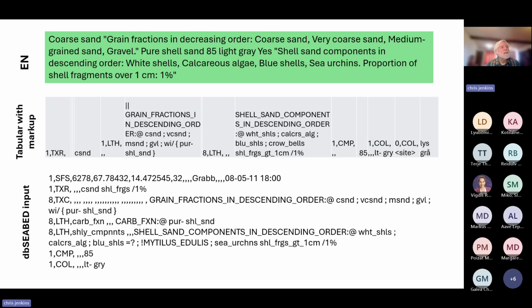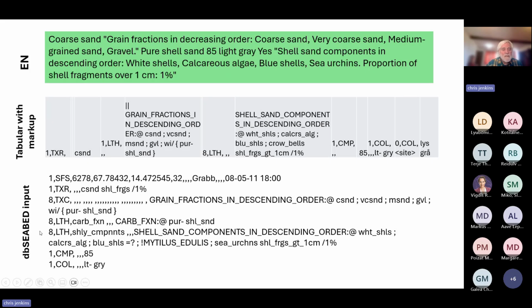It gives extra information on the disposition of things. So the main ones to concentrate on are the quantifiers, modifiers, and objects. And so you can see the with quantifier is marked with a backslash that points to what it's quantifying, in the fourth box along in the gray area there. So with pure shell sand, and that means that it's not the full amount of pure shell sand in the sample. It's a secondary component. Our software analyzes that type of markup syntax and then produces estimates of things like gravel fraction.